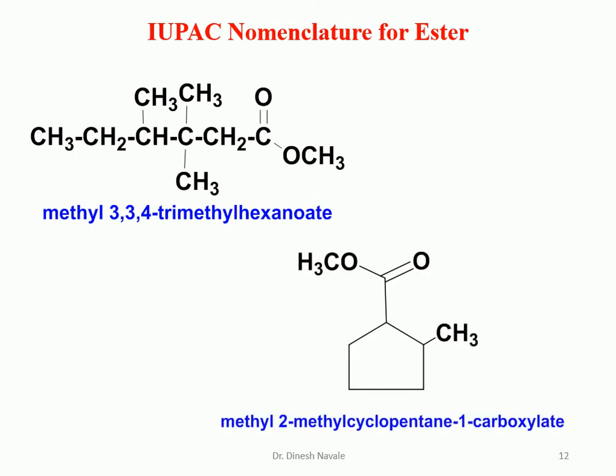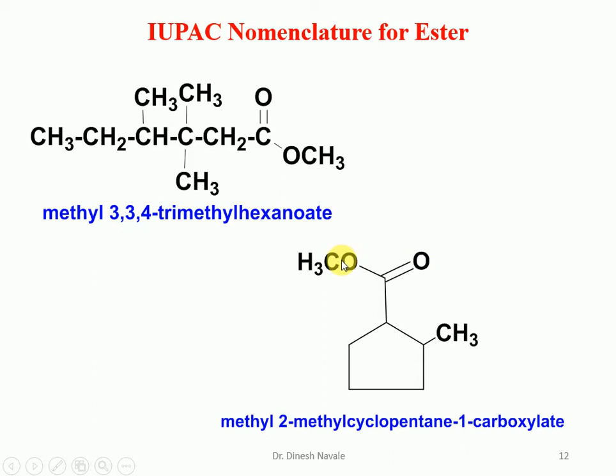Now for the molecule which is a cyclic ester, that means a cyclohexane group or any other ring will be present. So what will it become? If you consider this methyl from the OCH3 as the alkyl part, the other part is the carboxylic acid group, so we write that as the ATE part, the alkanoate. So it is 2-methylcyclohexane carboxylate, and the alkyl part will be the methyl, CH3. Then the alkanoate will be this carboxylic acid group. So it is methyl 2-methylcyclohexane carboxylate.